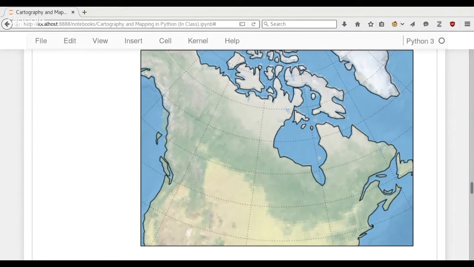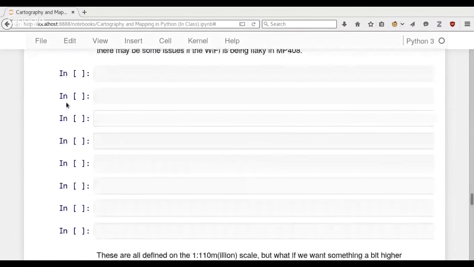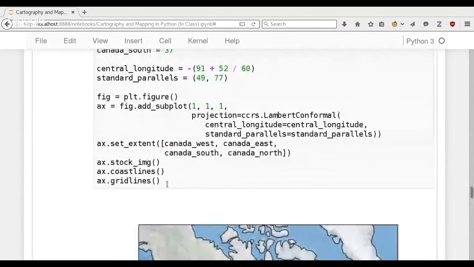So hopefully, where did my mouse go? Oh, there we go. Hopefully all of you were able to download or run the script, but if not, it should still work, but that depends on if the Wi-Fi is still working. So I'm just going to copy that, and instead of putting coastlines and the stock image,